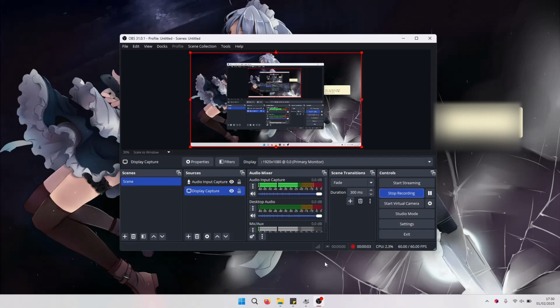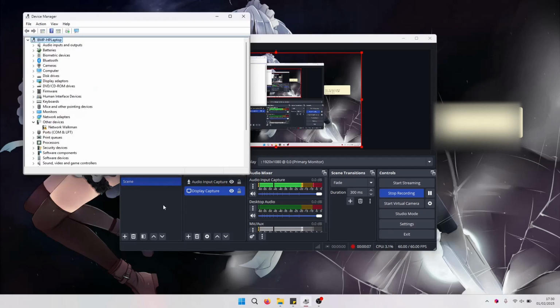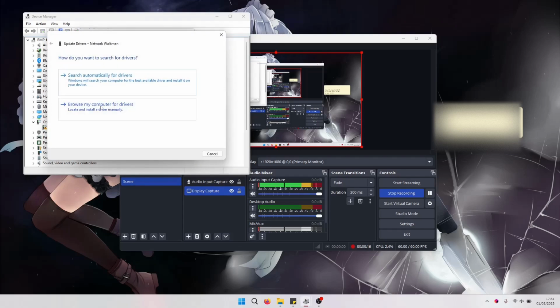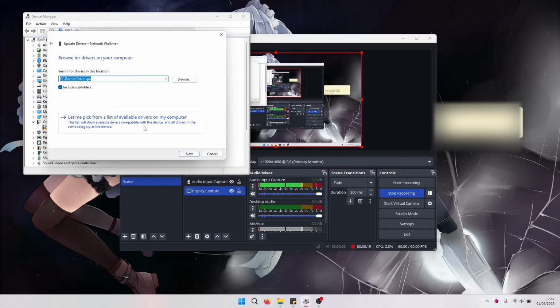This is a guide for setting up drivers for Sony Network Walkmans. This can be done in Device Manager. I have a Network Walkman connected. I can double click that, then go to Driver, Update Driver, browse my computer for drivers, let me pick from